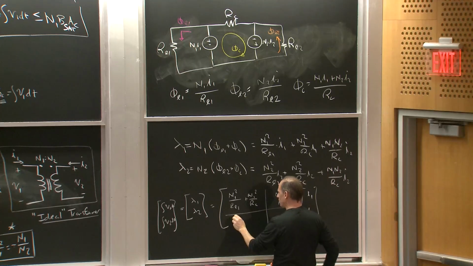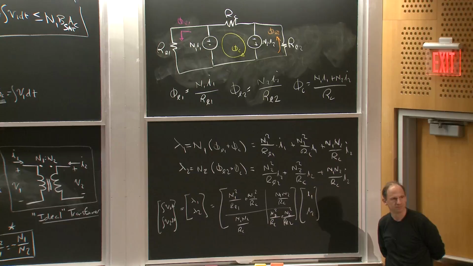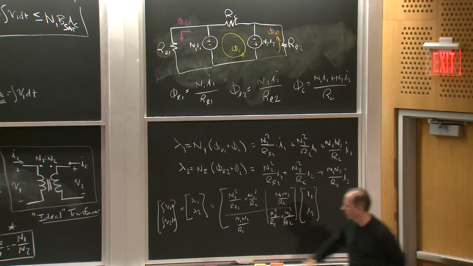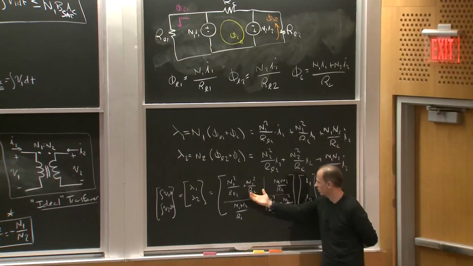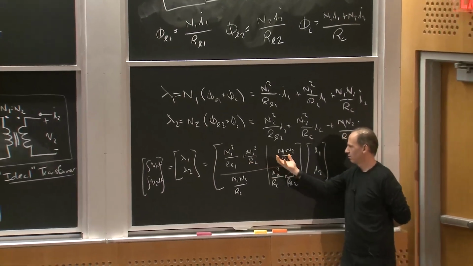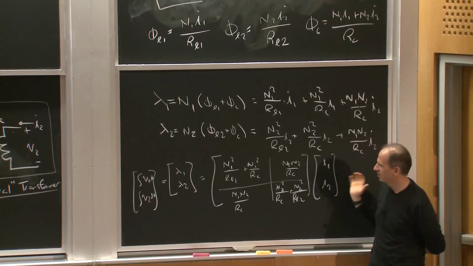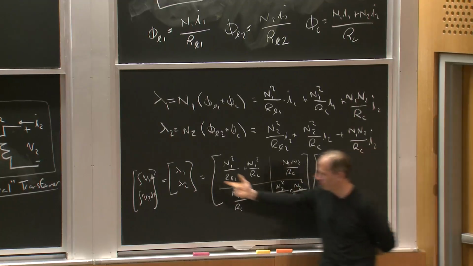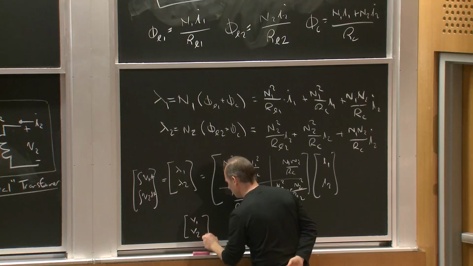It's a matrix equation. I get the same thing. I get N1, N2 over the reluctance of the core times N2 squared over the reluctance of the core plus N2 squared over reluctance leakage 2. That's the whole matrix equation. Okay? So instead of V1 being equal to something times the I1 dt, I have a matrix equation between the voltages and the currents into the two windings. If I differentiated this equation to get V1 and V2, I could write V1, V2 is equal to